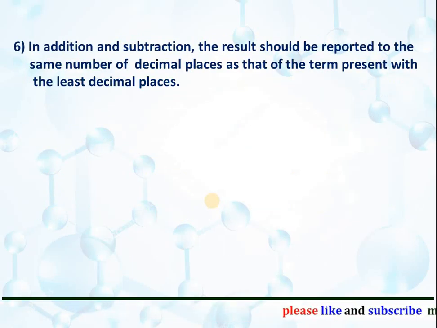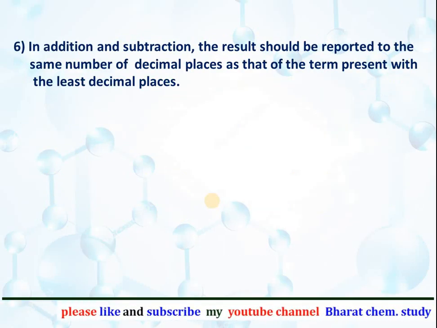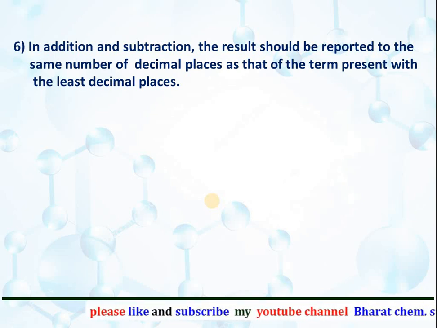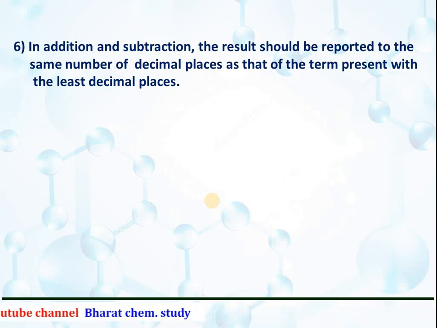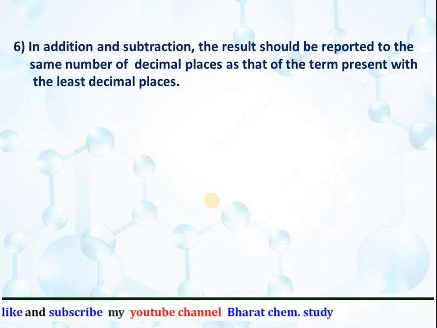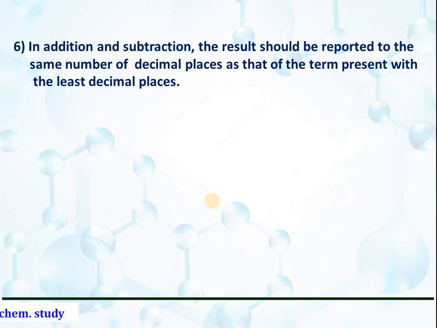Next point, in addition and subtraction, the result should be reported to the same number of decimal places as that of the term present with the least number of decimal places. This means that when we add or subtract values, in that case our answer must also have as many decimal places as our number with the fewest decimal places. Let's understand this by an